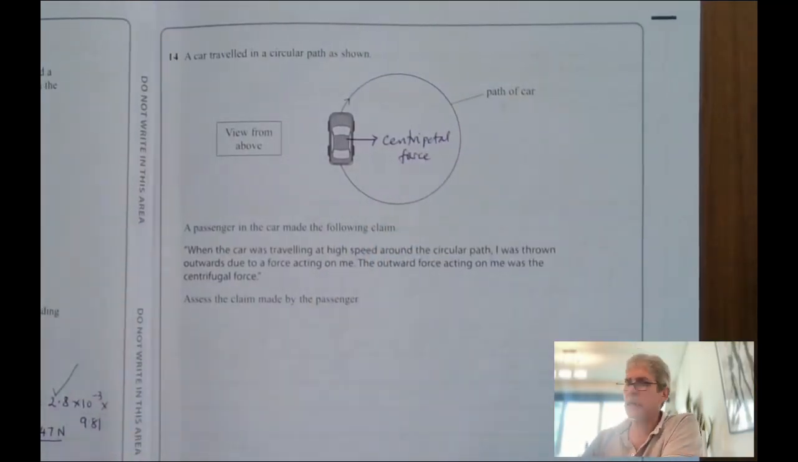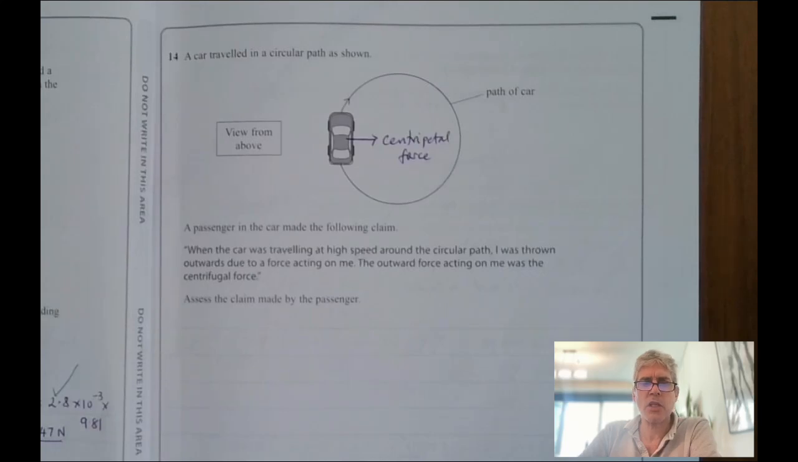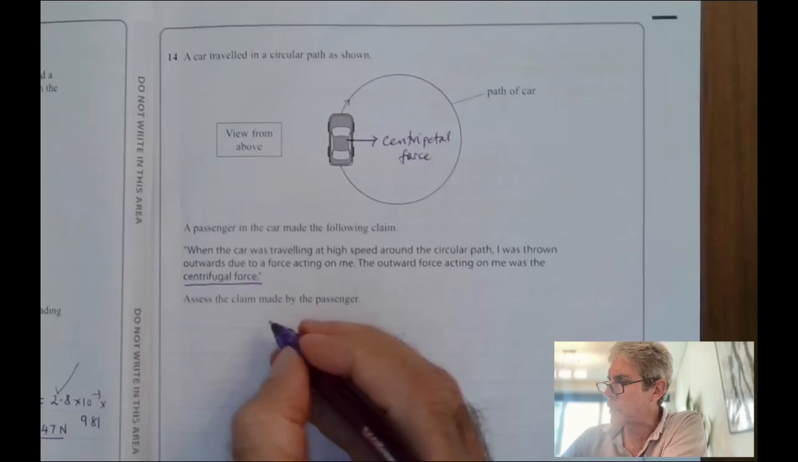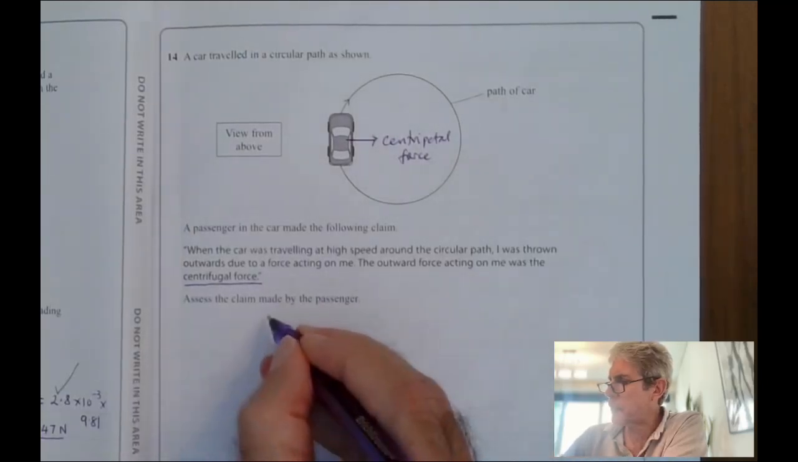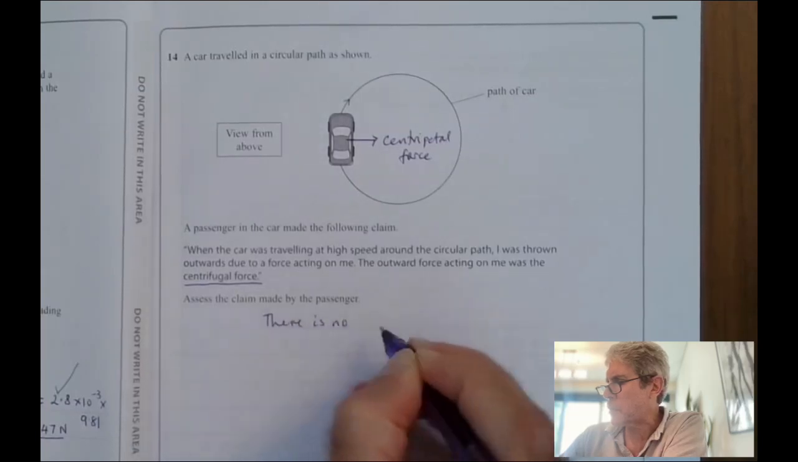So for a car, that could be the friction between the tires and the road. But then you read the question and it says, the passenger in the car made the following claim. When the car was travelling at high speed around the circular path, I was thrown outwards due to the force acting on me. Well, the outward force acting on me was the centrifugal force. Well, you should know immediately if they give you a question about centrifugal force, assess the claim made by the passenger. So you'll get 1 mark for just saying there is no such